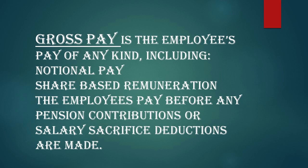The second main part of the salary slip is deductions. Every employee has to pay tax, USC, and PRSA. If you are employed in public sector, you have to pay pension and ASC. There are some other deductions in the payslip, like the payment towards credit union and the payment towards union fee. Now, before we move on to the deductions, you need to know 3 terms: gross pay, taxable pay, and